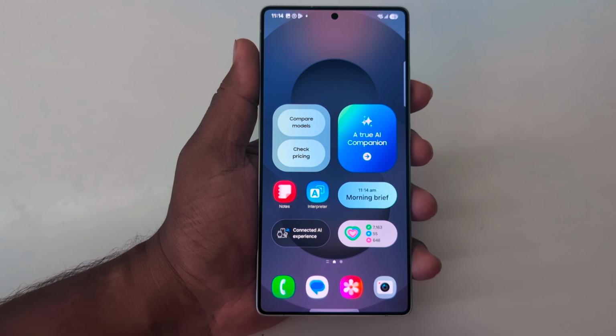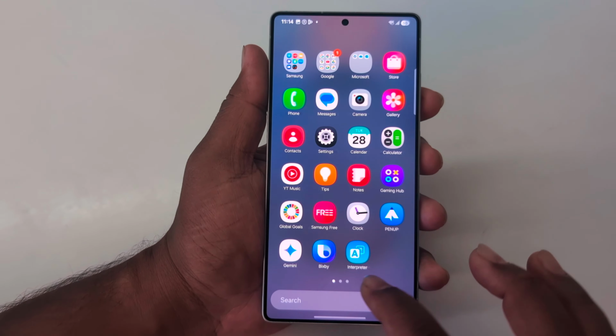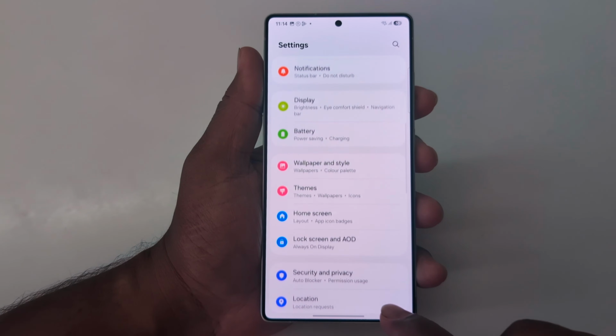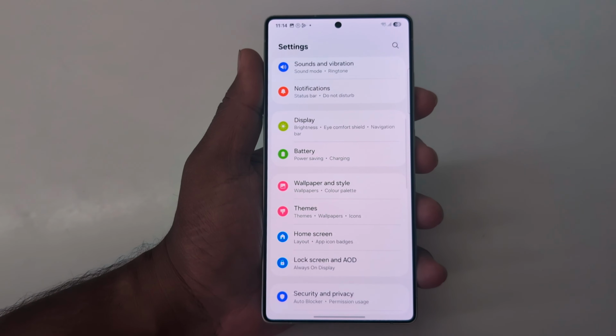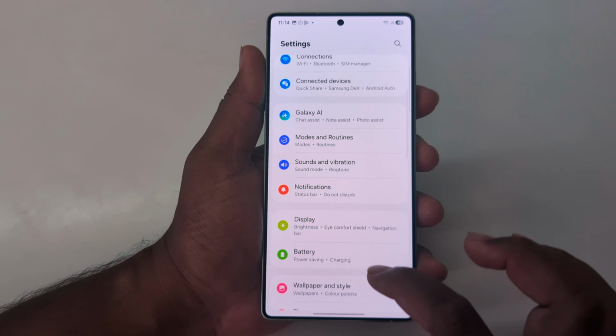How to change font style or default font on Samsung Galaxy S25 Ultra. By default, you can see the font style on your Samsung device. If you want to change the font style or download a font on your Samsung S25 Ultra, go to the display